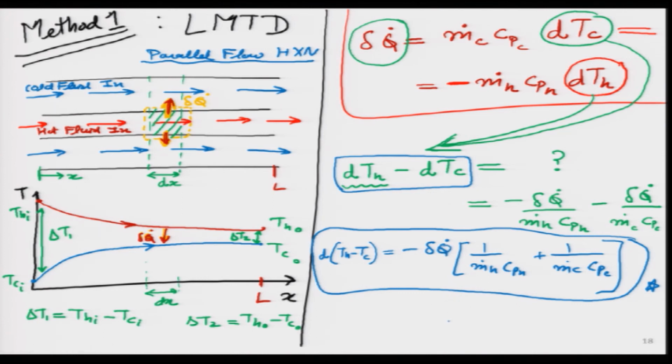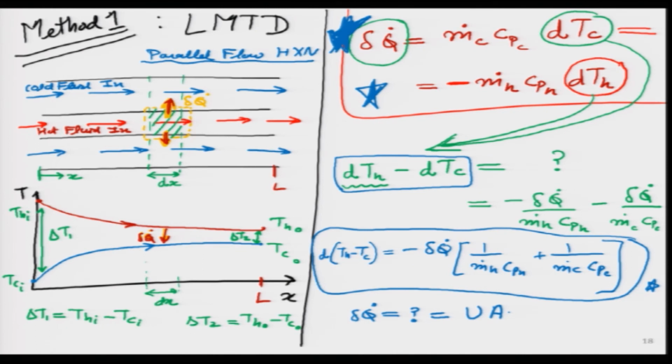Is there another equation for delta Q dot, which means, is there another way I can write delta Q dot? This was the first way I have written delta Q dot. If you look at this big blue star on the top right hand side, I will put another star over here. This is kind of like a thermodynamic correlation, that the rate of heat transfer is m dot Cp into delta T. It comes from thermodynamics. Is there another way I can correlate heat from the heat transfer point of view, which means according to the surface area, according to the overall heat transfer coefficient? So, the answer is yes, I can definitely write it in this form.